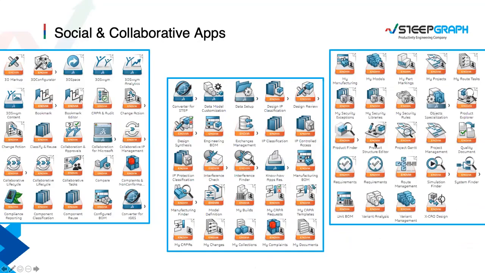On the other side, you can see product structure editor, project Gantt chart, project management, quality documents, product finder. These are all apps which are specific to different roles and different purposes, and it helps the user to focus on specific activities. And under each app, there are specific UI elements created to make sure that the user's job role becomes easy. That's the goal of each of these apps. So let me go to the